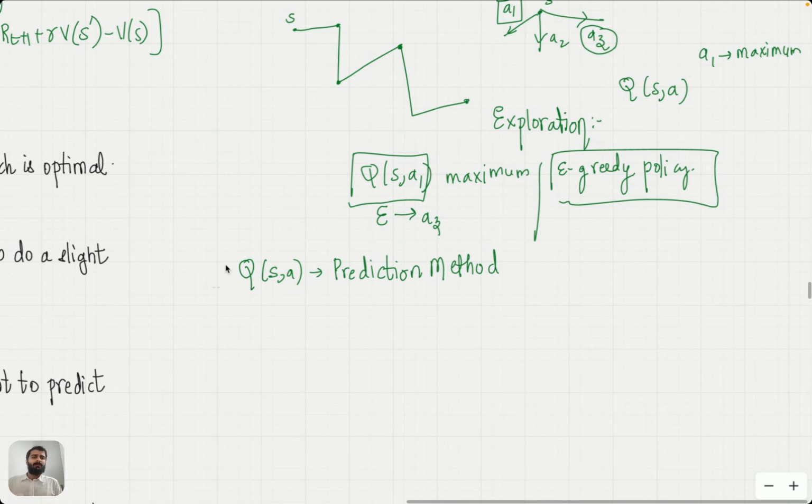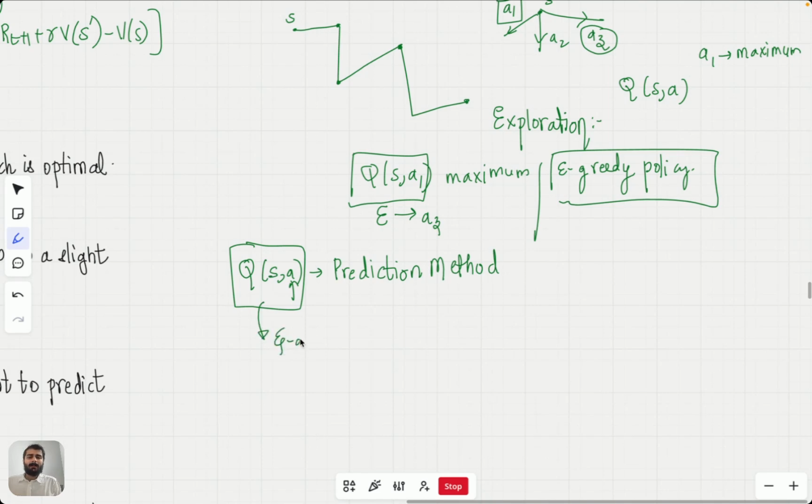Whenever the policy is optimal, it will always choose actions which have the maximum value for the action value function. Okay, so the first step was to estimate this action value function, and then after that, we use the epsilon greedy policy